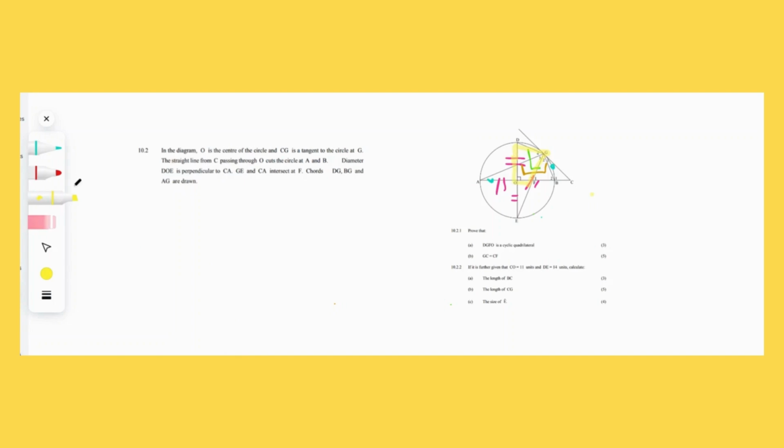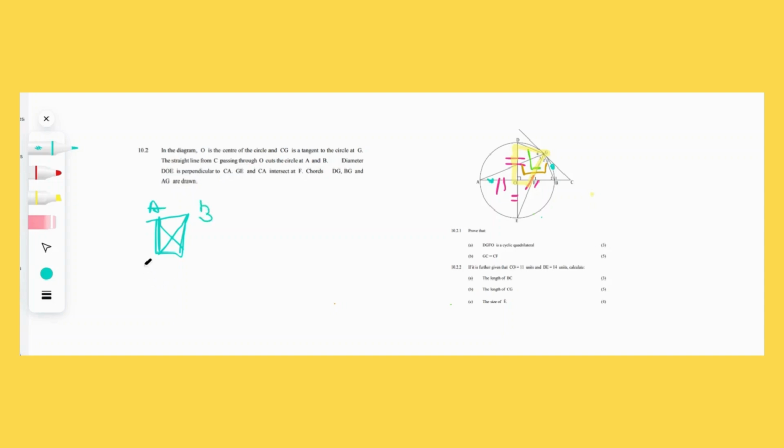Now, how do we prove that a shape is a cyclic quad? Well, what a lot of students do is they make this mistake, and it actually happens very often. So let's say for instance we have a shape that looks like a cyclic quad. However, we would like to prove that it's a cyclic quad. And so what a lot of students will do is, I'm just going to label this as A,